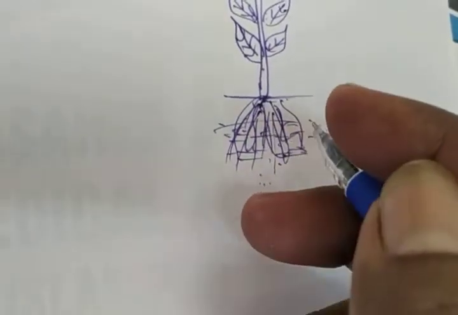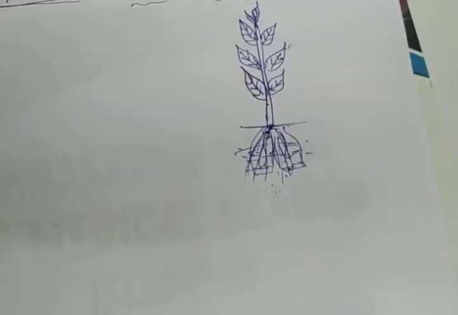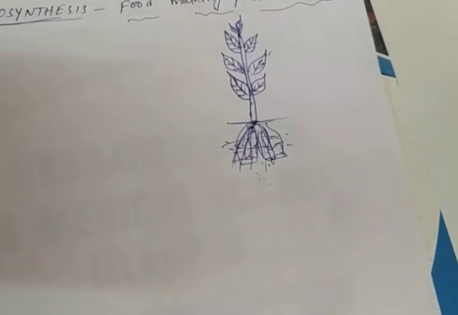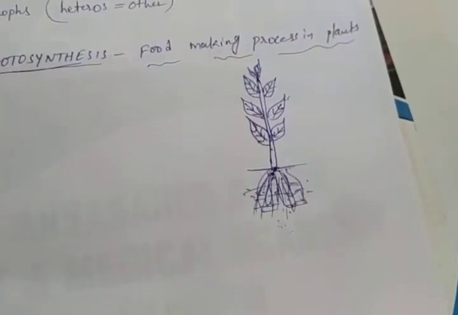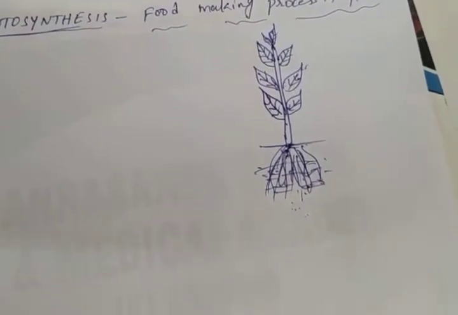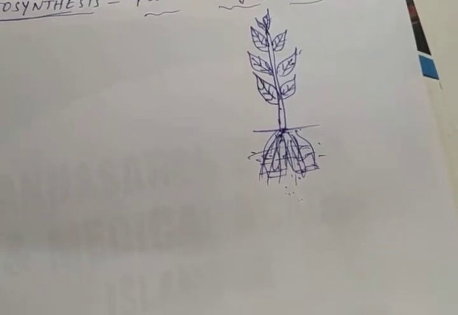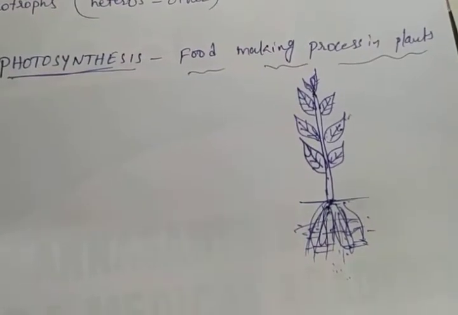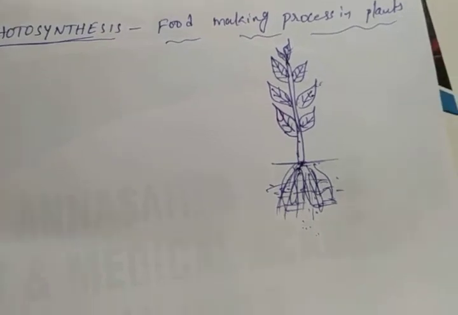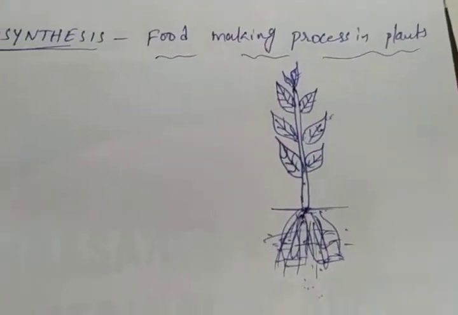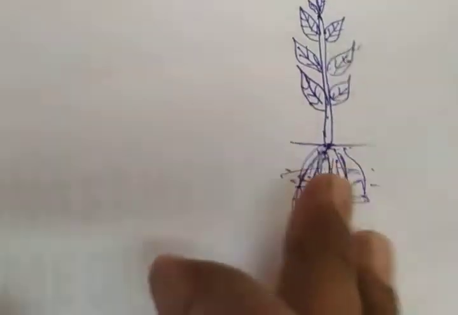Carbon dioxide from air is taken in the same way, through the tiny pores present on the surface of leaves. These pores are surrounded by guard cells. Such pores are called stomata. What is a stomata? I will explain. But first you have to see, generally, leaves are the food factories of plants.